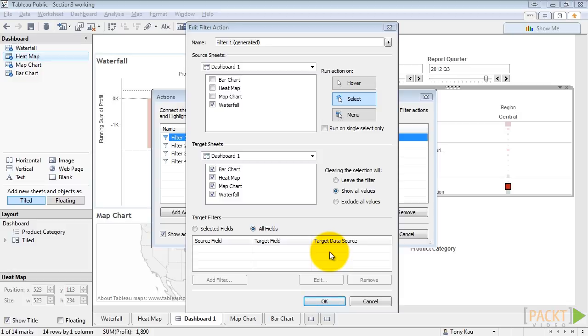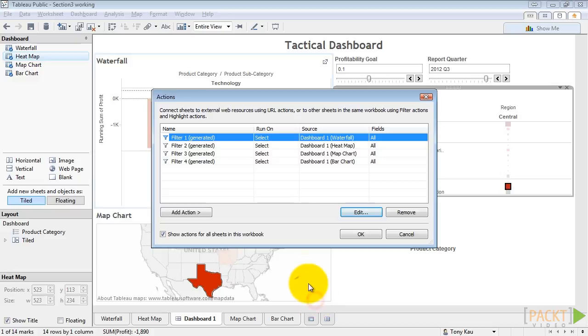The waterfall chart can stay as is. We want it to filter all other sheets. So let's hit OK and move on to the next one. I don't want the heat